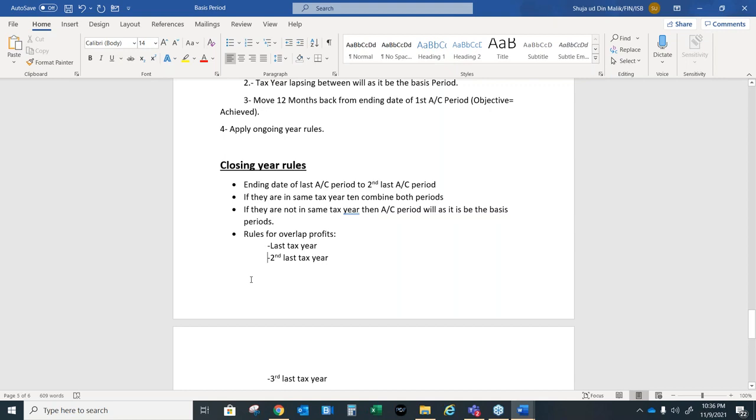Now coming back to our basis period. The basis periods are not complete until and unless we understand the closing year rules. When a trader starts to trade, it has to pay tax, and for the payment of tax, it has to align itself with the dates of the tax. And when the trader is ceasing its trade, there is a cessation of his working in the tax books as well. The tax authorities, HMRC, will